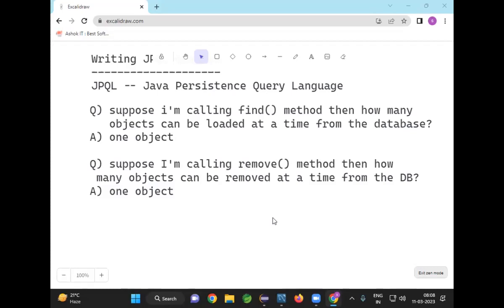What queries can I write? Yes, I can write JPQL query. Otherwise, I can write SQL query. You got my point or not? Either I can write JPQL query or I can write SQL query of my choice. Are you getting my point? Okay, right. Then, if you take JPQL,